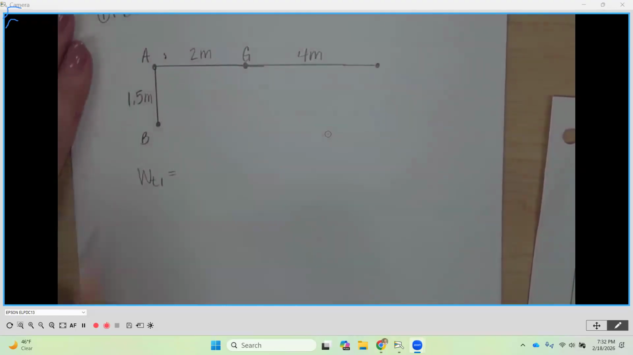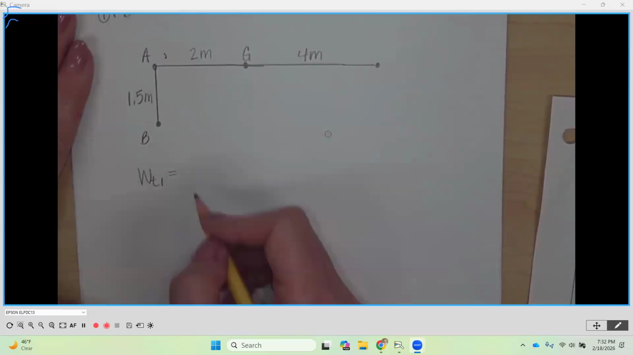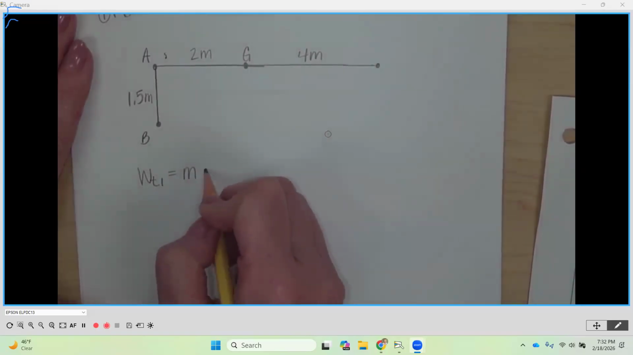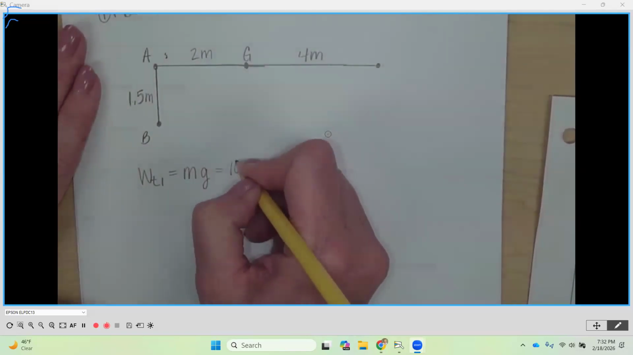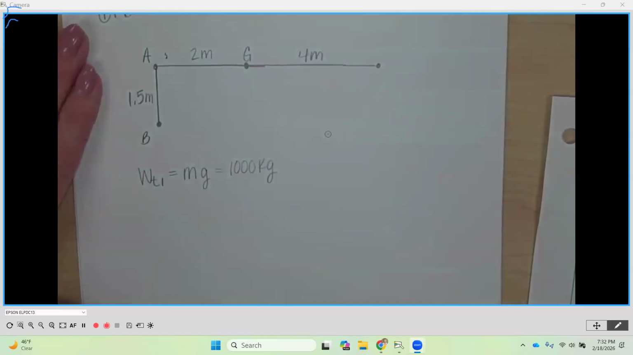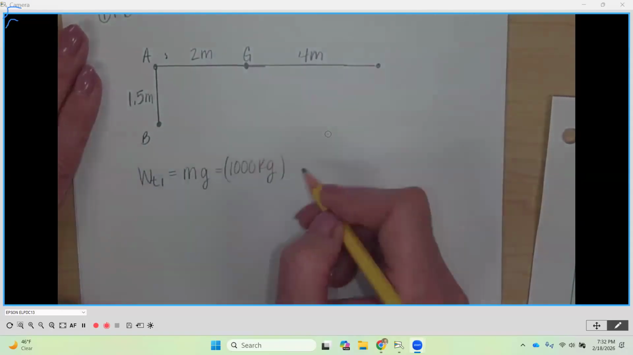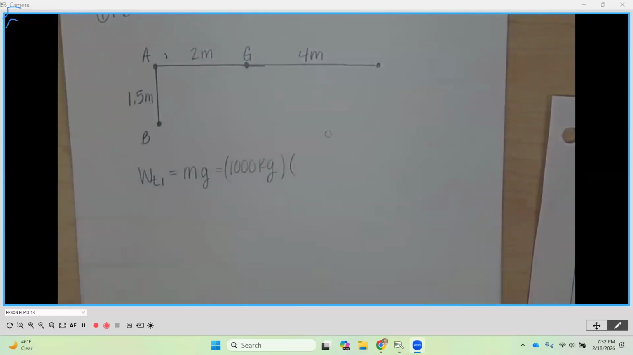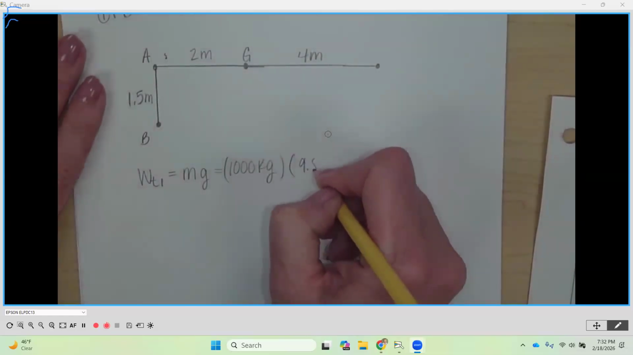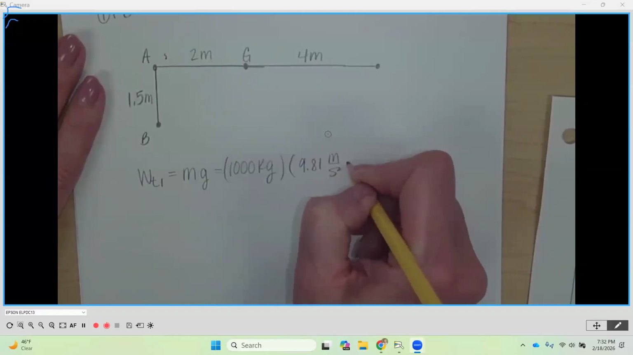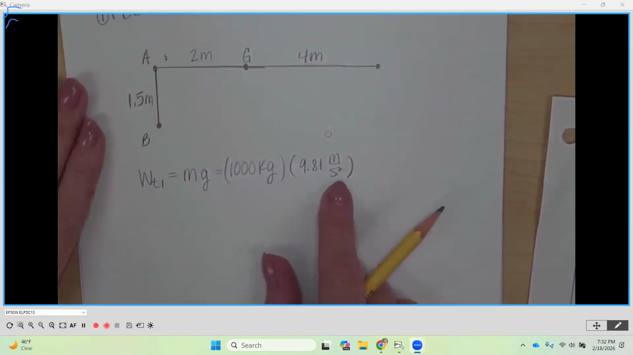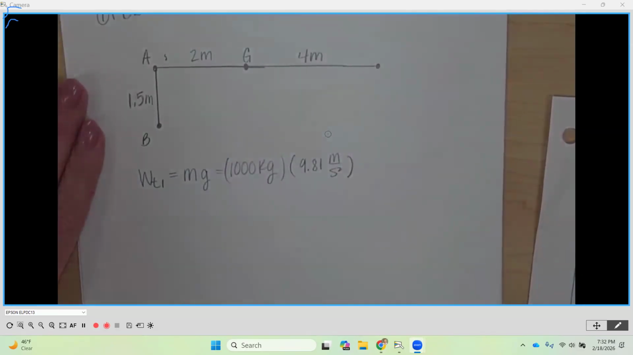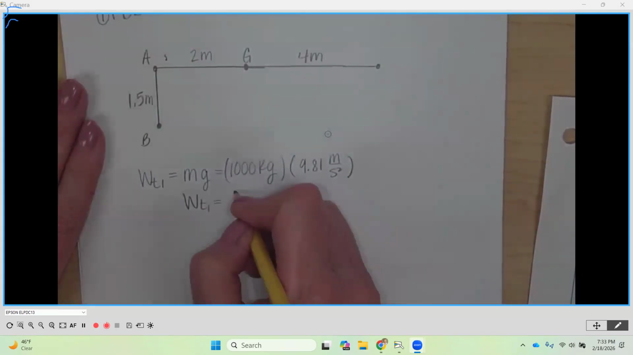I think we're 1.5, not 0.15. Okay, my weight here is going to be the mass times gravity. The mass is given to us as 1,000 kilograms, so that's 1,000 kilograms times gravity. Since we're in the metric system, gravity is 9.81 meters per second squared. A kilogram times meters per second squared is a newton. So when I multiply these two together, my weight number 1 is going to be